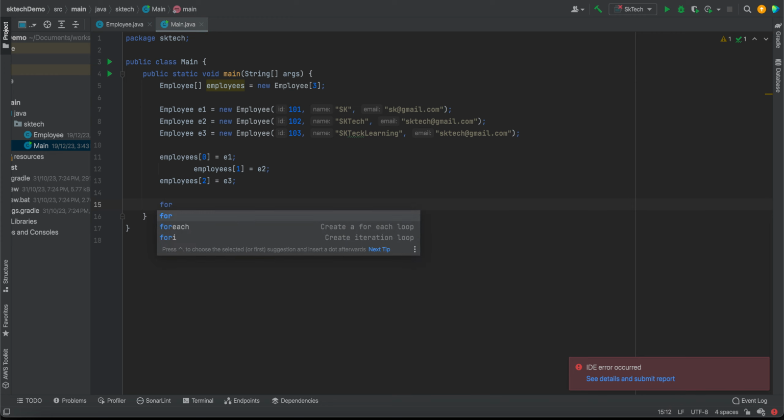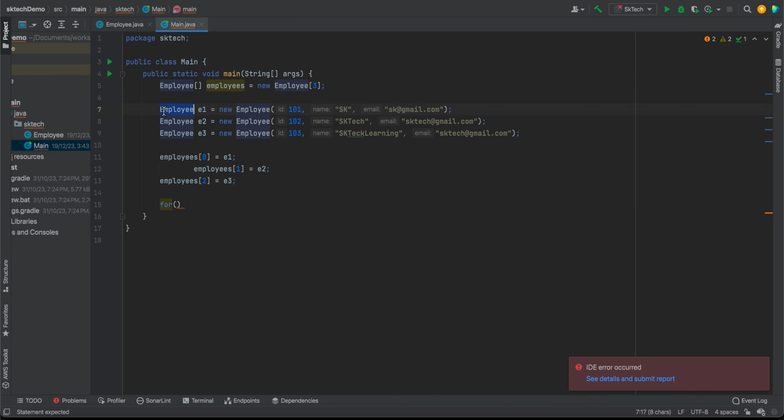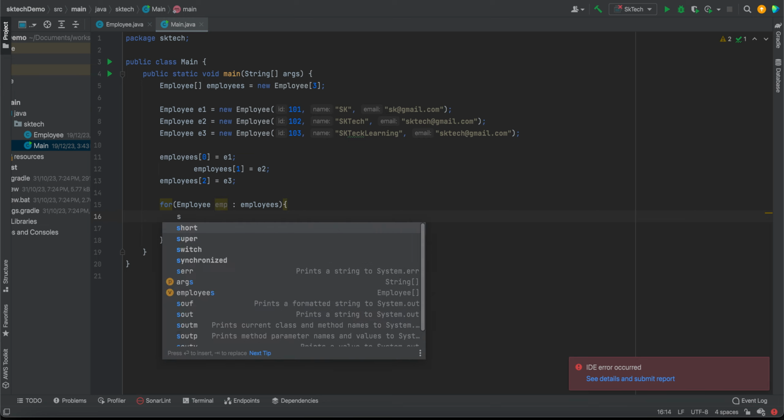So this is how we can store the elements inside the array using the hard coded approach, and if you want to print, we can use the loop. We can use the for each loop also. So how can we use the for each loop? We use this array here, and it is going to give one by one what type of data is stored. It is storing employee type, so we provide the employee type and then a variable name, let's say emp. You can give any name, and then it is going to return the elements one by one, and let's say we want to simply print it.